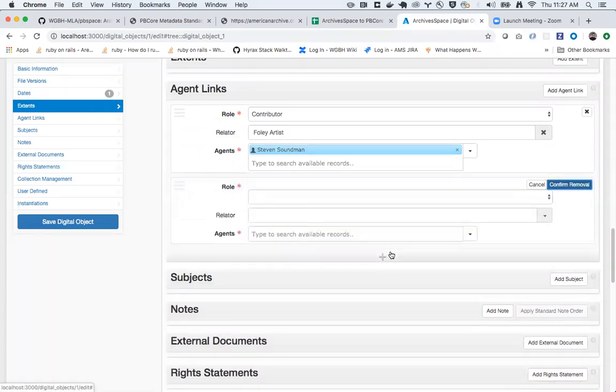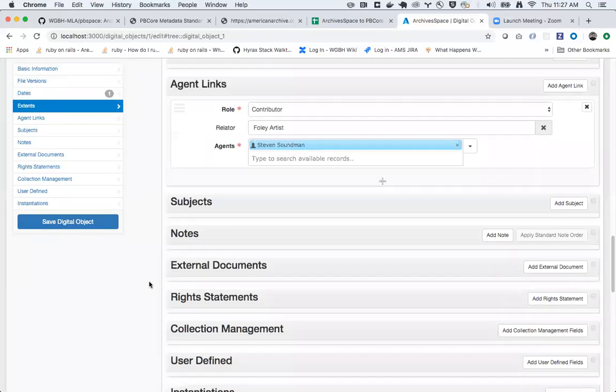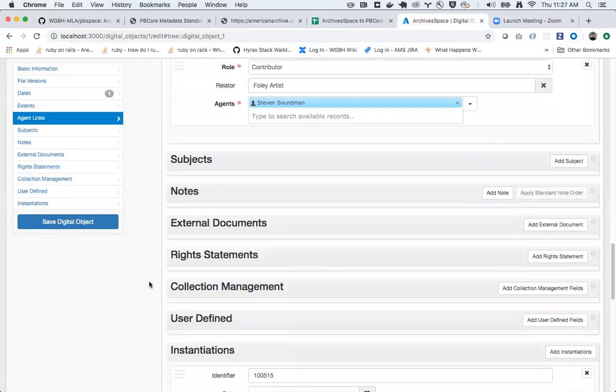Oh, we don't want to. Let's do that. So then